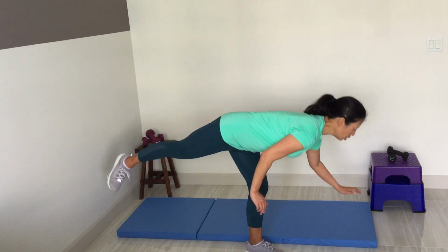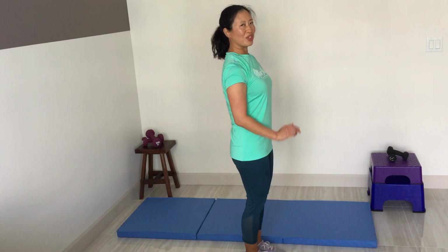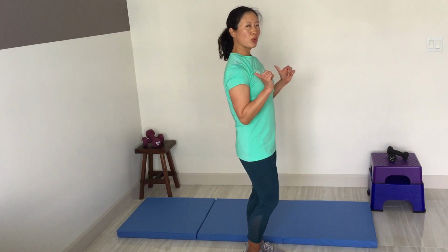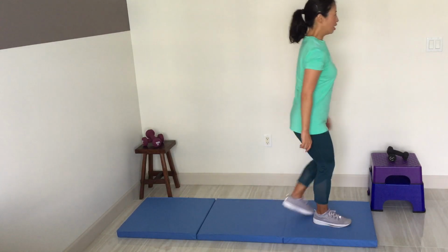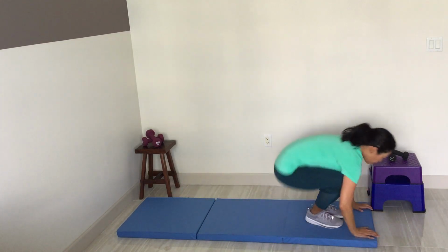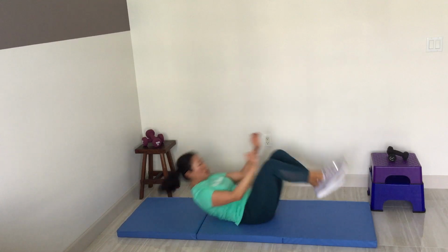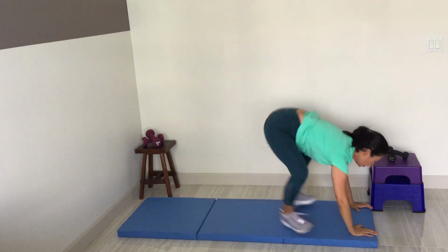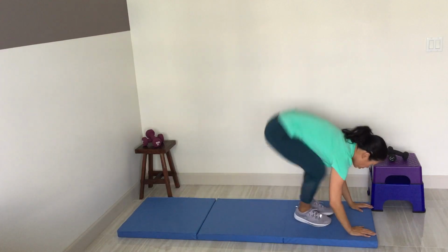All right, we're done with that one, let's do our reverse burpee followed by the front burpee. Let's go for 10. Ready? Jump up. And don't forget your modification. You don't have to do this particular exercise. This is 2, 3, 4,